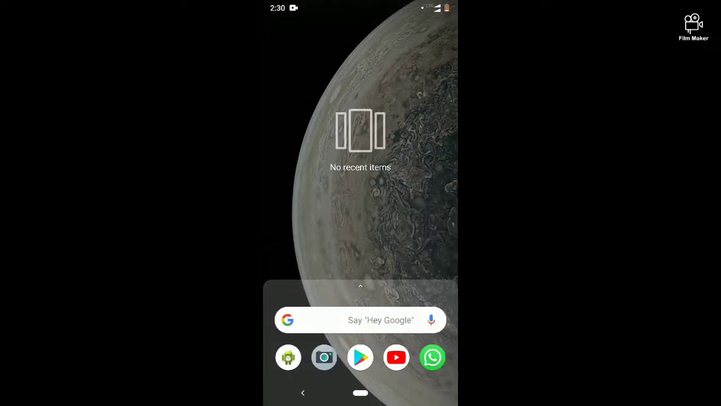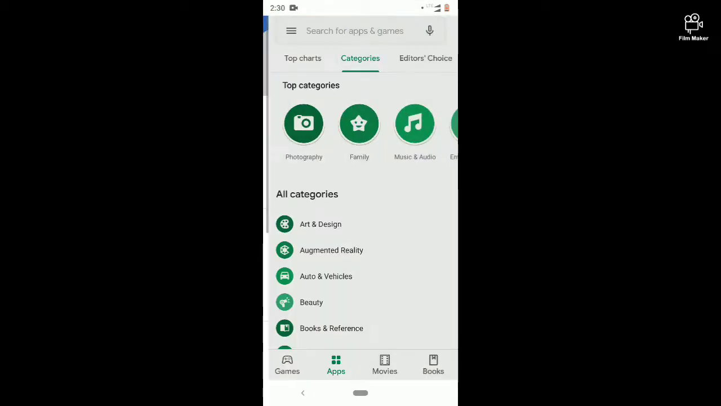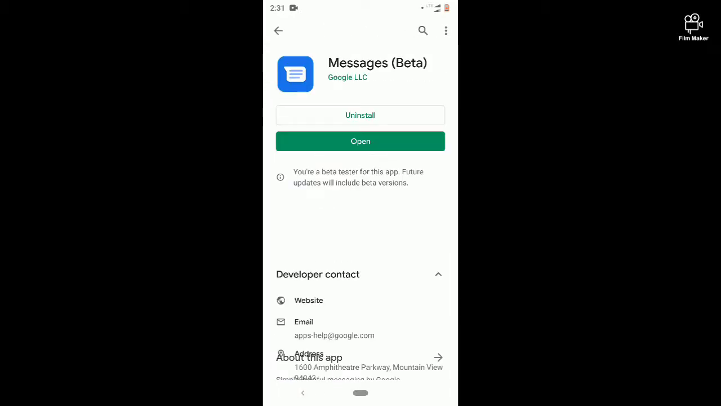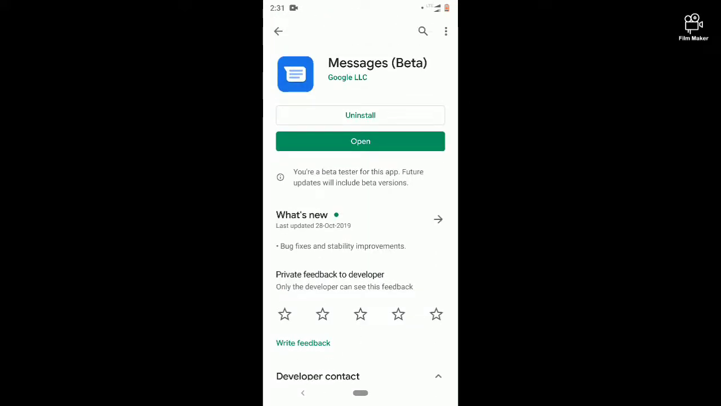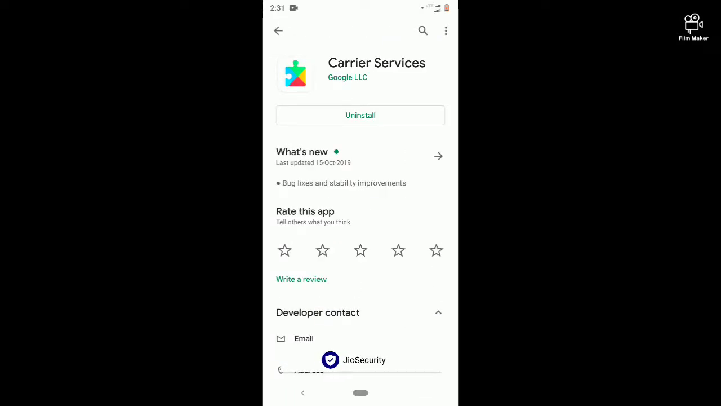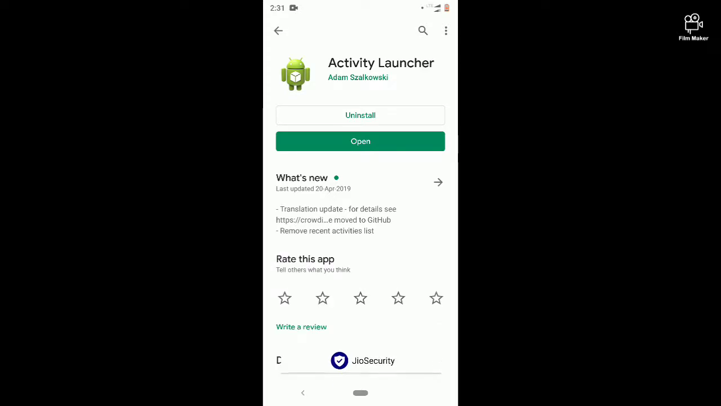First of all, you have to go to Play Store and search for Messages, and here you have to enroll for the beta program and upgrade it. Make sure you have enrolled in beta, as we are going to use the beta version. After that you have to search for Carrier Services and update this also, or if you don't have it, download it. And you have to search for Activity Launcher